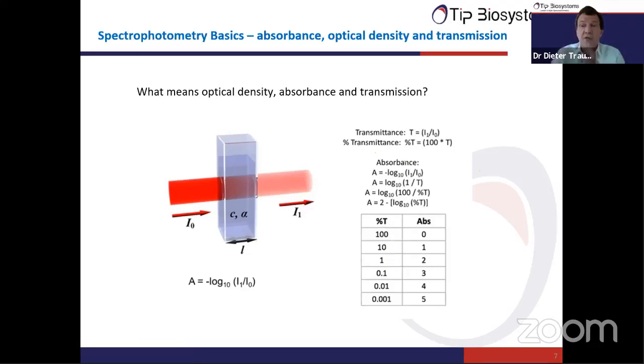If 1% of the light goes through, then our absorbance is actually 2. Now you can also understand why most instruments can only measure absorbance up to 2 point something or so, because an absorbance of 3 means there's only 0.1% of the light that goes through. So your light detector must be very good and very sensitive. Okay, so absorbance is a logarithmic scale, and transmission is just the percentage of light that can pass through your sample.